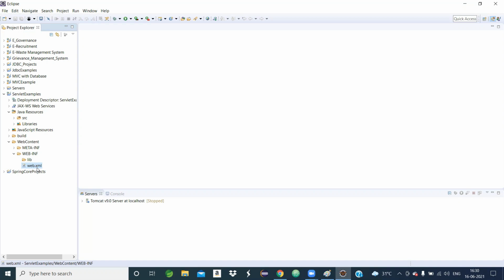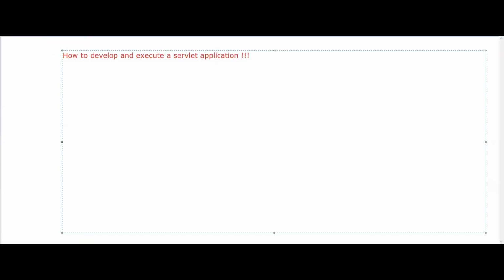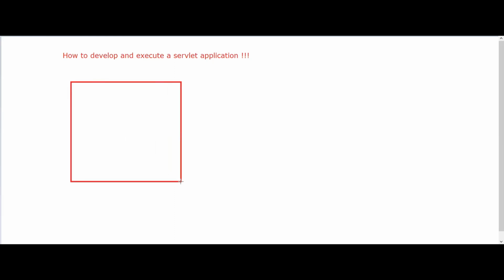Now we will go to our task. Let it be example 1. Suppose my task is, let us say I have a form. Suppose my form name is index.html.